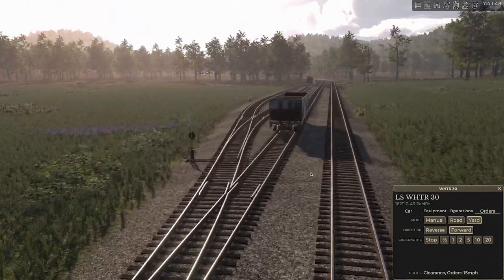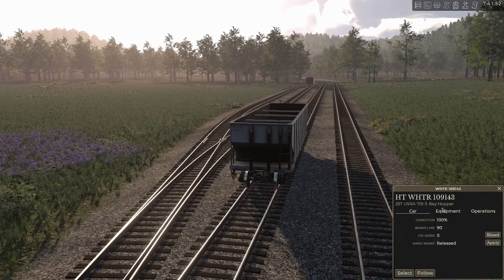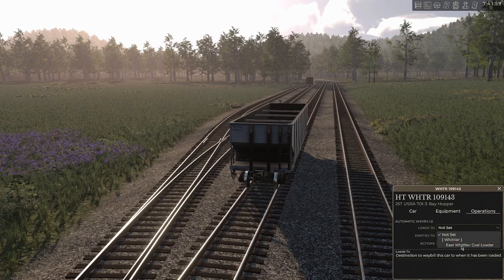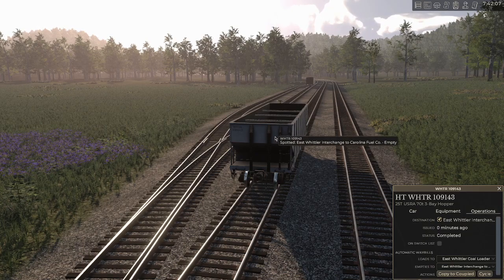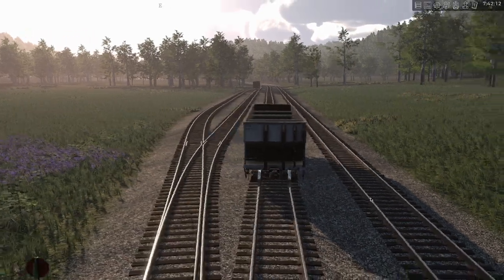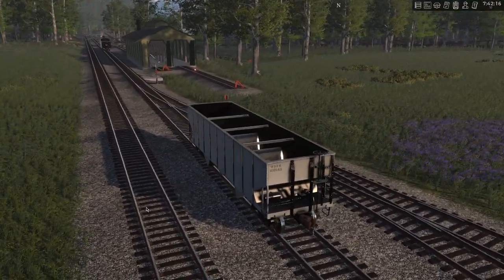So it's been purchased and we can click on it and go to operations and load set to the East Whittier coal loader and East Whittier interchange. So now this one will be, when they swap cars tomorrow, this will be loaded with coal, and like I said,